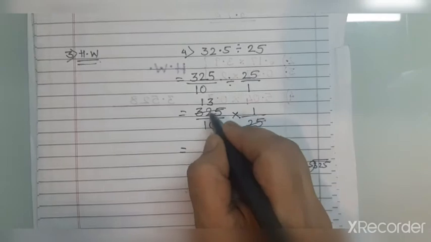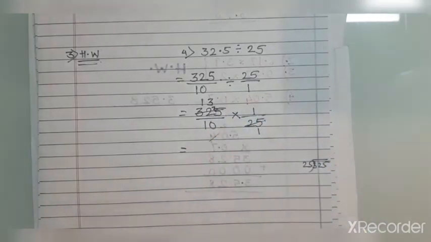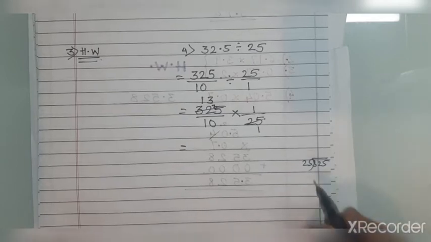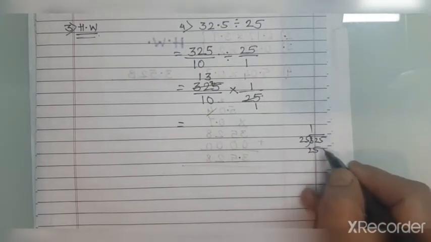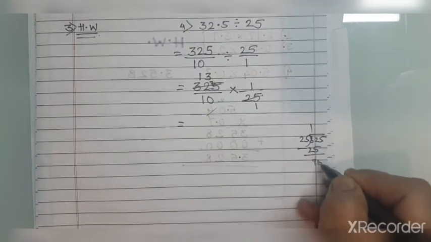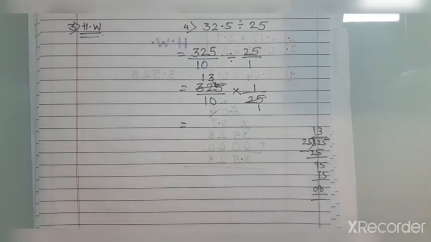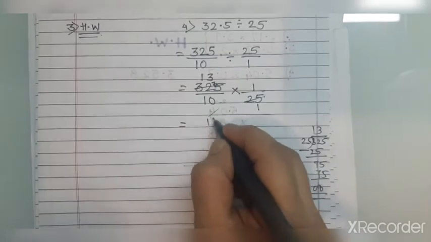Okay, because 25 ones are 25, 7 remains here, which is taken here and said. Otherwise, carry out the division here in the rough work. Okay, that is 25 ones are 25. When you subtract, you get 7 and 25 threes are 75. Clear? Now 13 ones are 13.